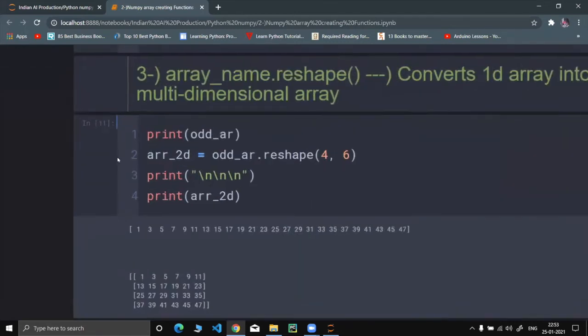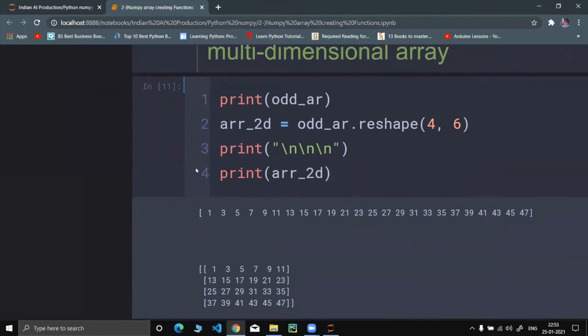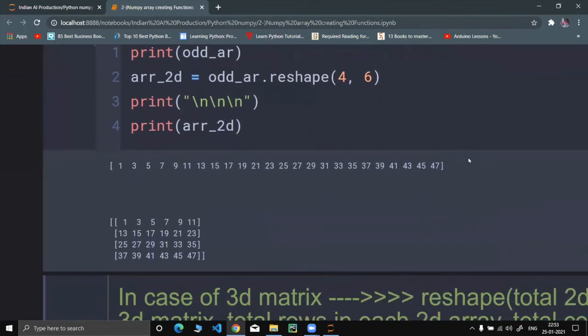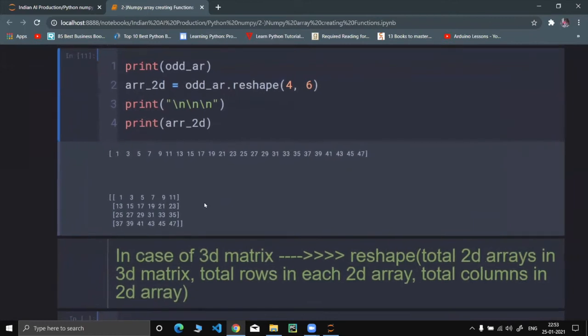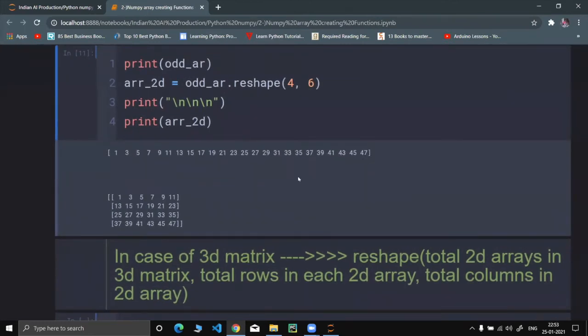Now see, we have an array consisting of all the odd numbers between 1 and 48. So it starts at 1 and ends at 47.